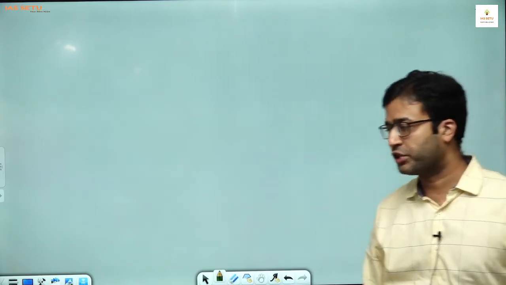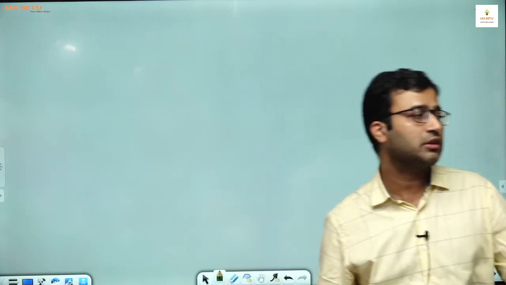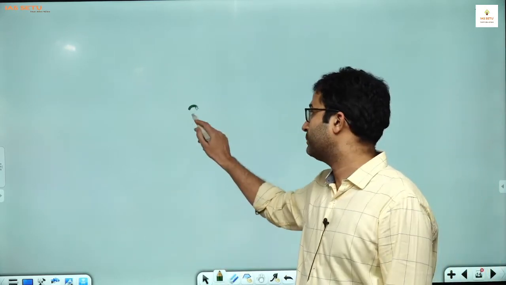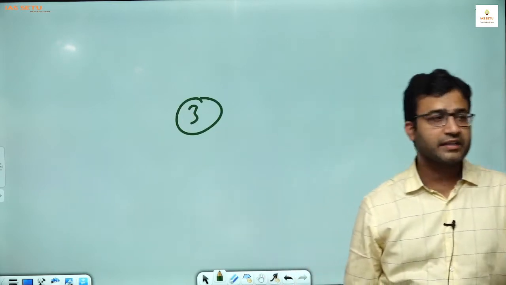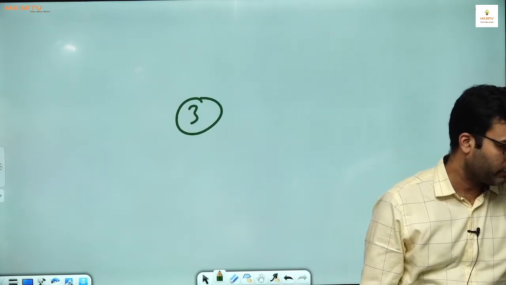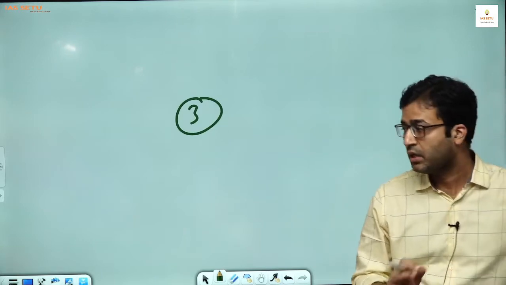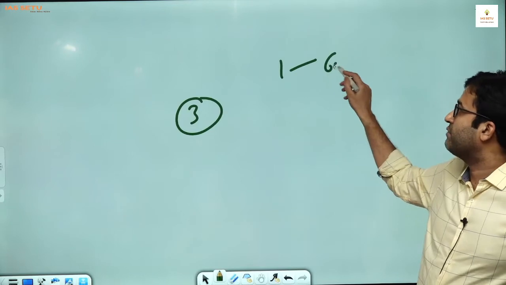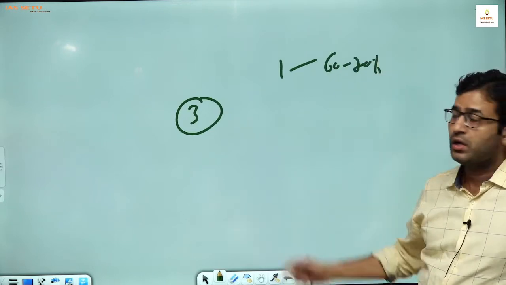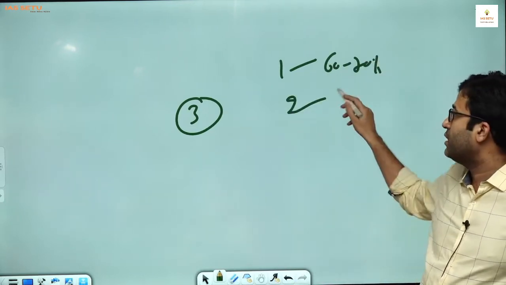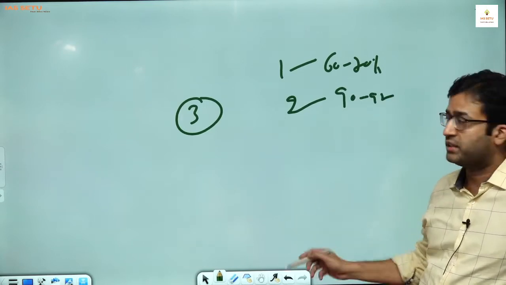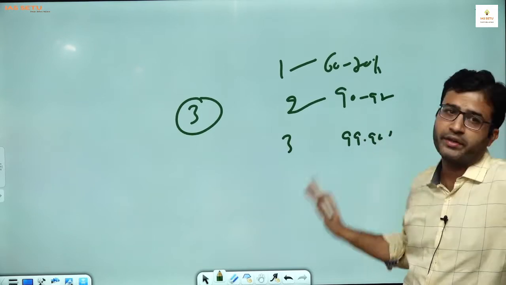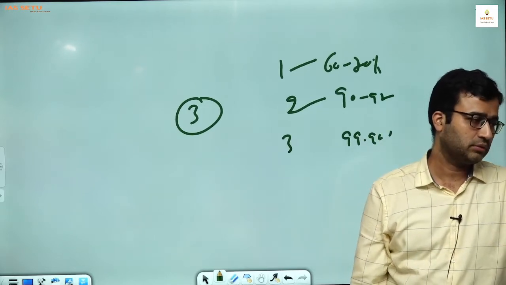I give you a shortcut for this type of question. I categorize questions in 3 types: type 1, type 2, type 3. And I follow a rule of 3. Whatever I want to teach, I take 3 examples, because in my experience, with one example 60-70% of students understand. The moment I take a second example, around 90 to 95% understand. With the third example, almost 100%, or sometimes 99.99% of students understand.